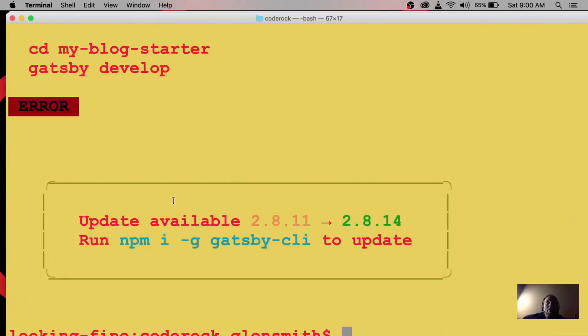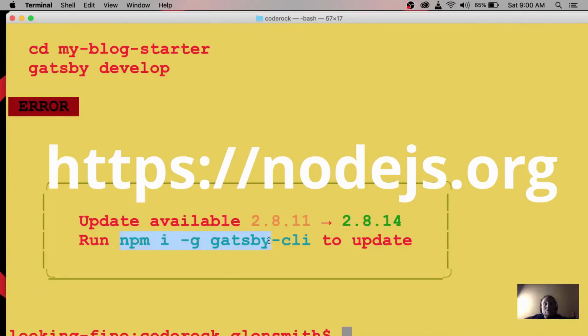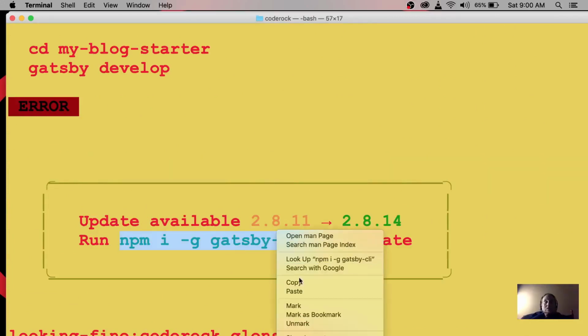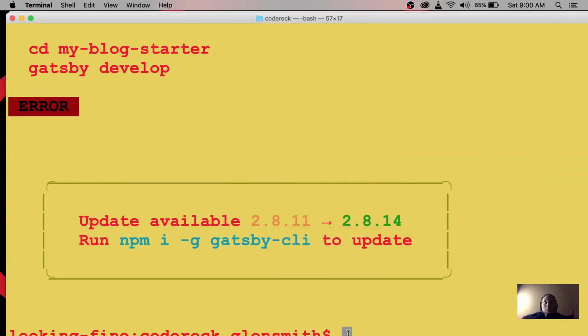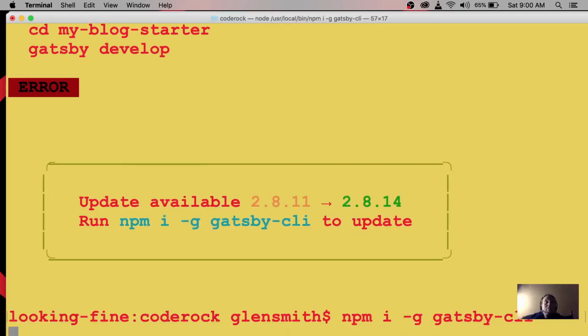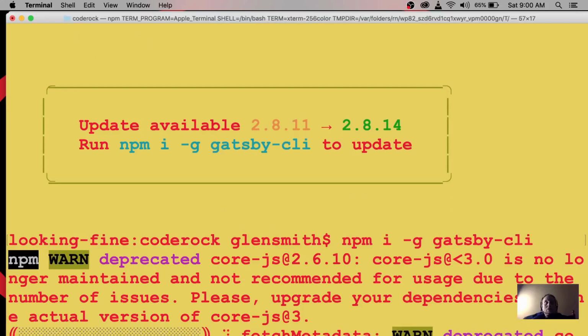We can do a little update on npm. npm install gatsby, just to update. Paste that in there, hit enter. And we're just going to cd into